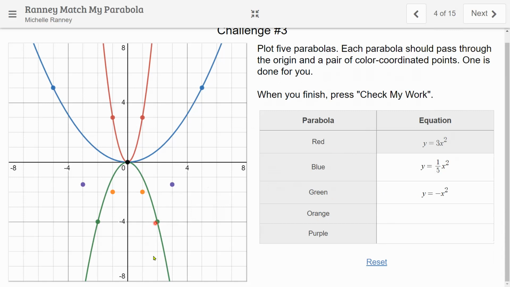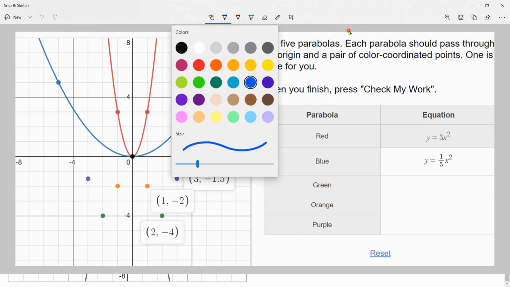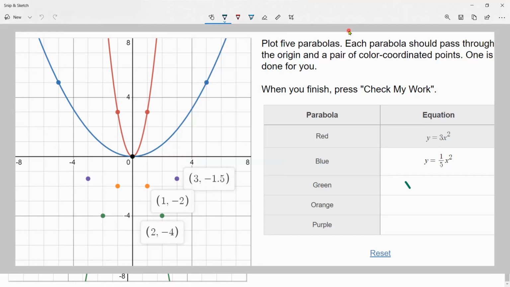And you see that it did go through there. Okay. So again, I'll just jot that down here. So this one was y equal negative x squared. So then for my orange one,